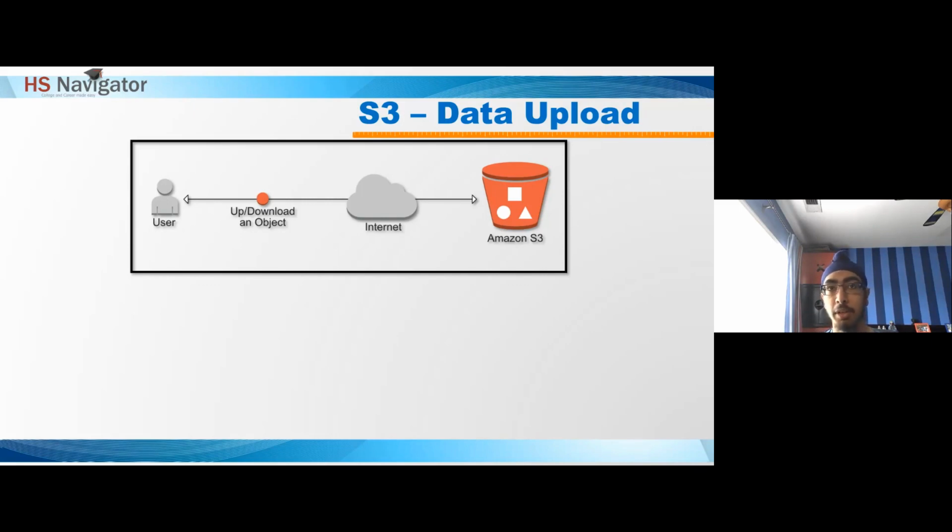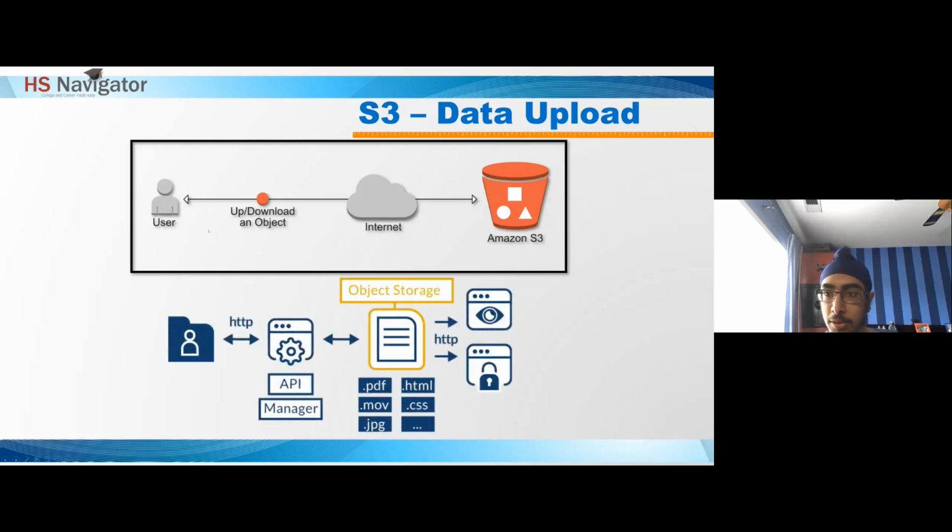It's not like your files on your computer, where you don't need to have internet to access them. But for S3, since it's hosted on the internet, hosted on the cloud, you need to have internet to upload and download. You upload or download it from the internet, and it goes into S3, into the bucket. So a little bit more into it, whatever files you upload goes through HTTP, through Amazon's